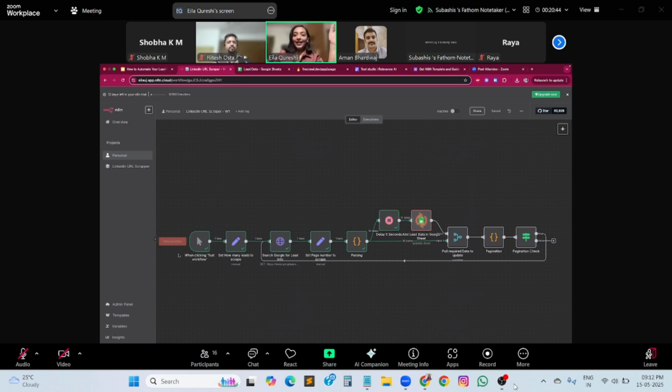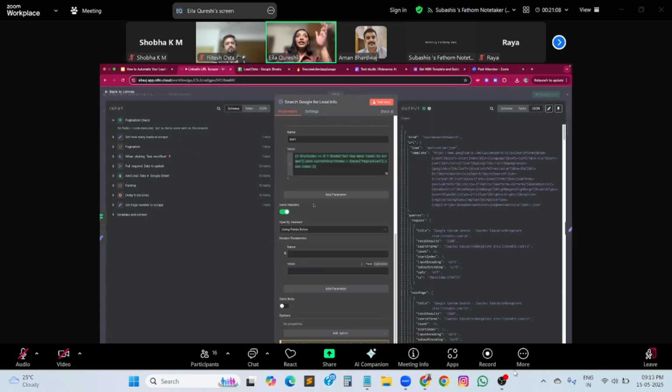Trigger, you all understand. The trigger is something that I have asked to start this. Now, the first node, which is the set how many leads to scrape, is basically the number that you have to define: how many leads do you want, or how many pages you want Google to go ahead and search. Once that is set, the loop will start where you are hitting an HTTP request to Google to search with a specific keyword. The keyword being,